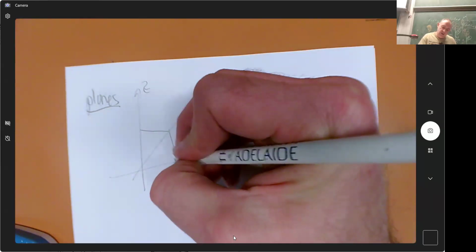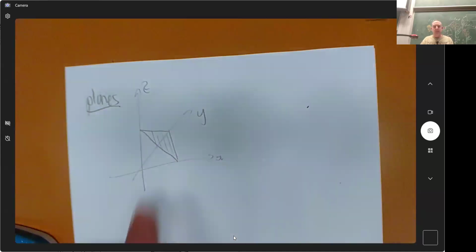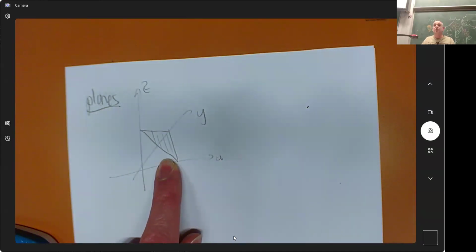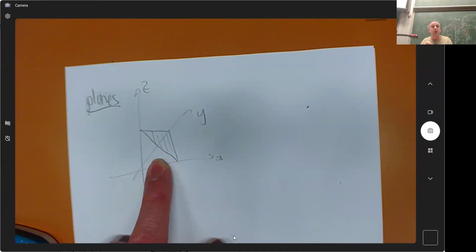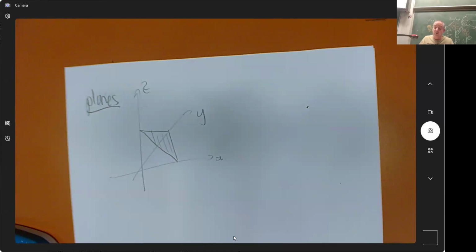If I connect a triangle like this, then there's a little triangle there, which is a plane. And parameterizing that is quite difficult. Just that triangle is quite difficult to parameterize. Squares are much easier. But I do know that I should only need 2 coordinates for that because it's a plane, like it's a surface.